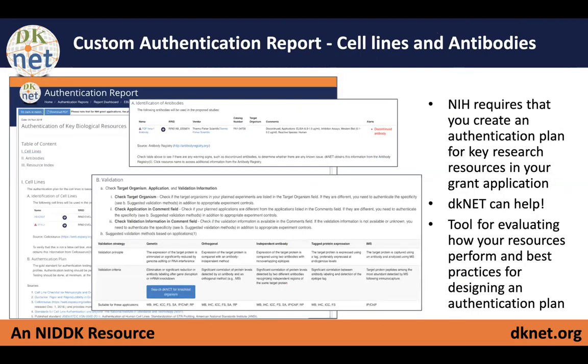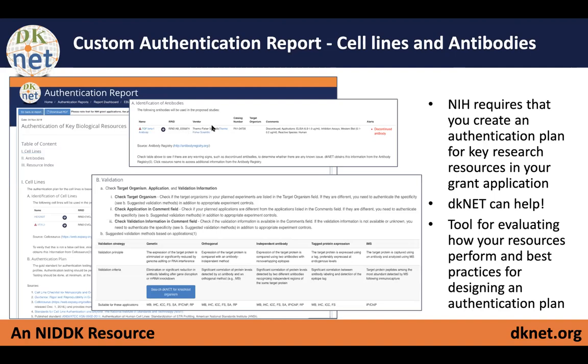In terms of the validation and the authentication plans, we provide authentication reports for cell lines and antibodies. For example, here what you see is that, on the left, you'll see cell lines. On the top, you'll see antibody that has been selected.